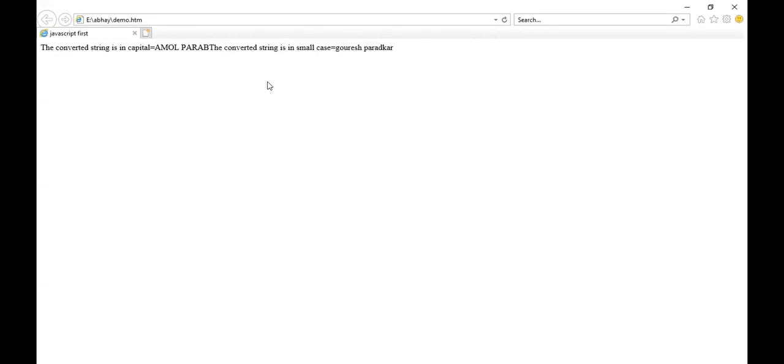So by using these two functions, toLowerCase and toUpperCase, we can convert any string into capital or small letters. Again, I want to redirect you to the notepad.